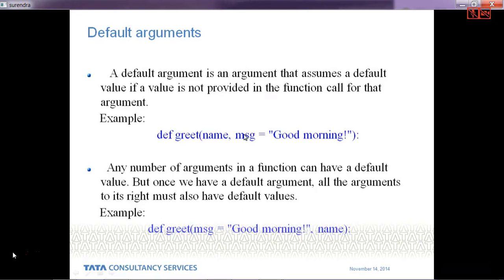With one parameter, I am passing the default argument value, and the value of the message I passed to that parameter is good morning. Any number of arguments in a function can have a default value. But once we have a default argument, all the arguments to its right must also have default values. See here, if you observe this particular definition, after this I'm not supposed to write the